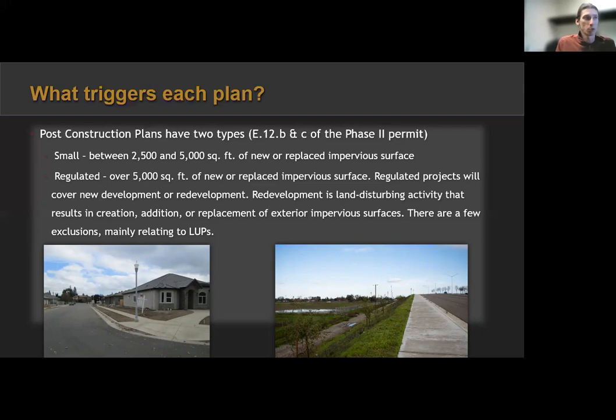A small project is between 2,500 and 5,000 square feet of new or replaced impervious surface. That triggers small project requirements. A regulated project is anything over 5,000 square feet of new or replaced impervious surface.